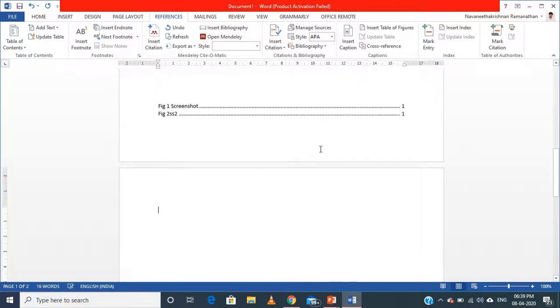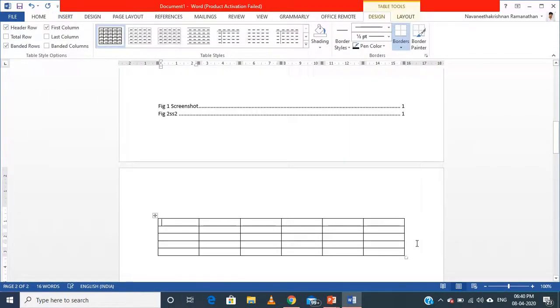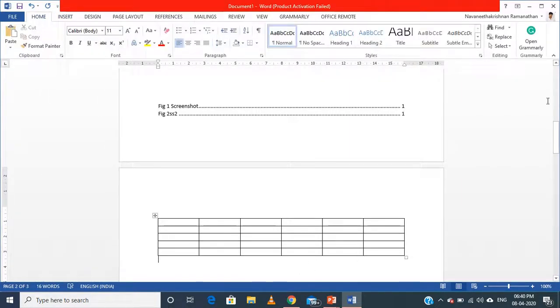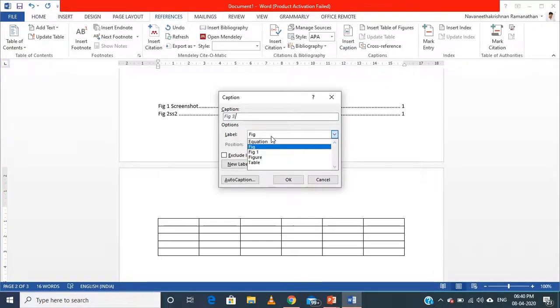Similarly, you can also include the numbers and captions for tables and also for equations. If you are including any table, after including the table, go to references, insert caption. This time you are using a table, so give it as Table and give the caption T1.